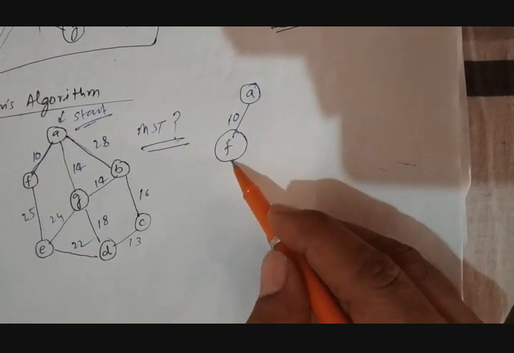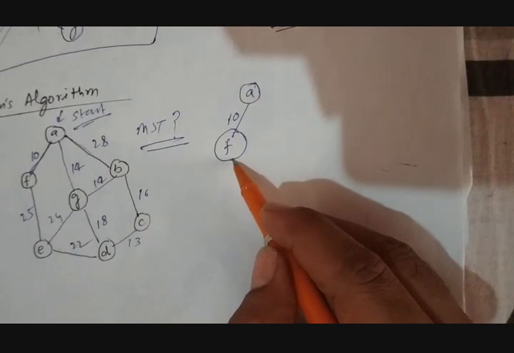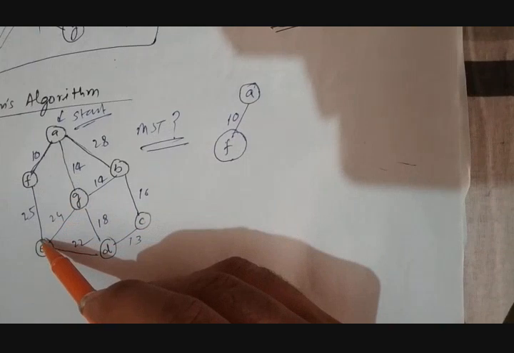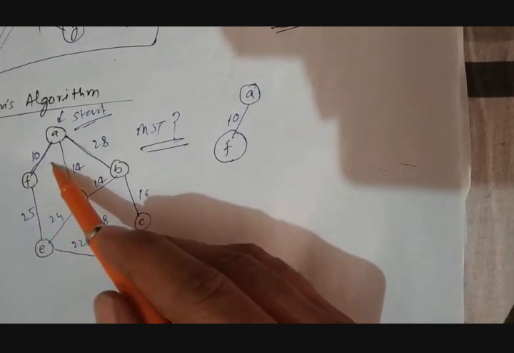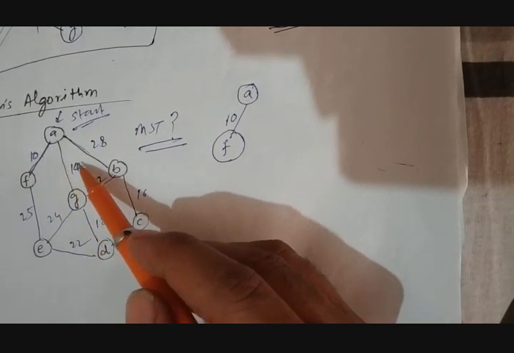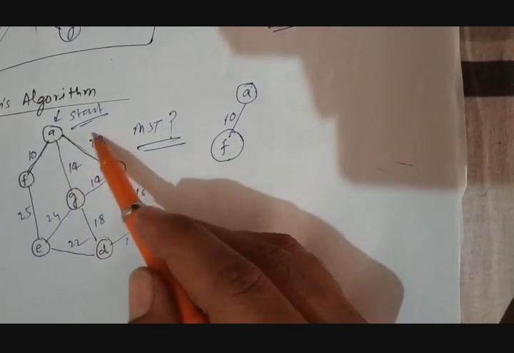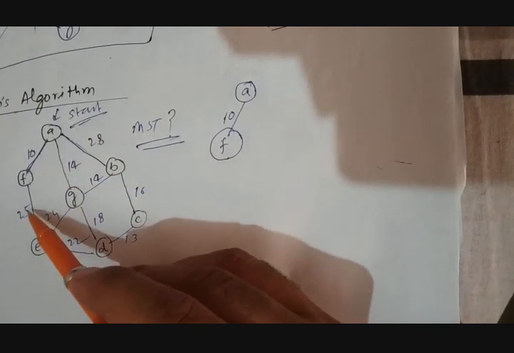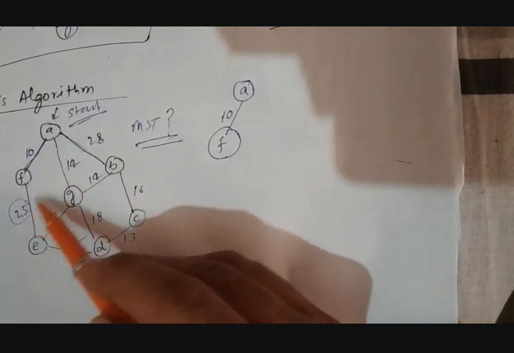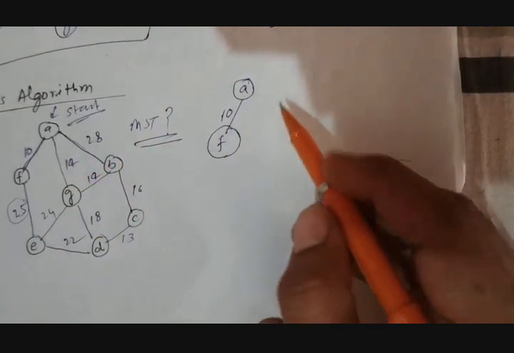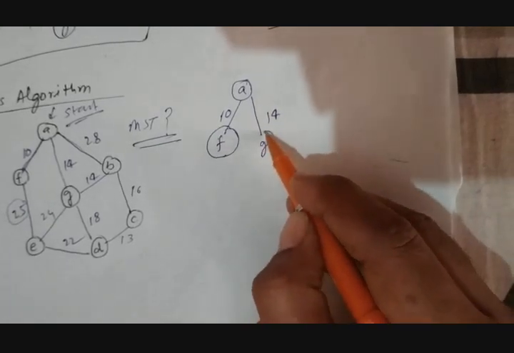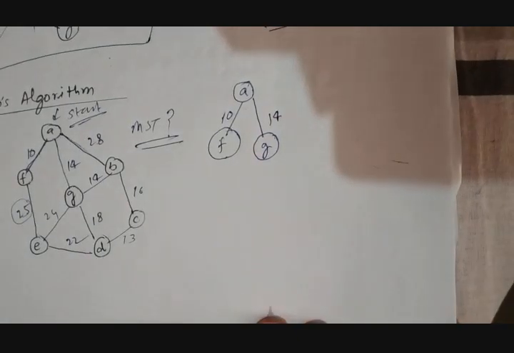Now just see here, at this node we have only one option, 25. Just see the previous set of values, 14 and 28. So out of these three, 25, 14, 28, which one is the minimum? 14 is the minimum, so it will take this edge. Now it is not forming a cycle, so we will pick up this edge over here, 40.